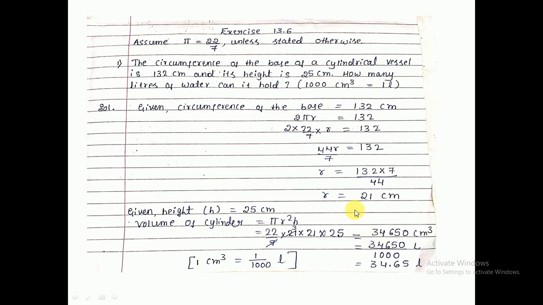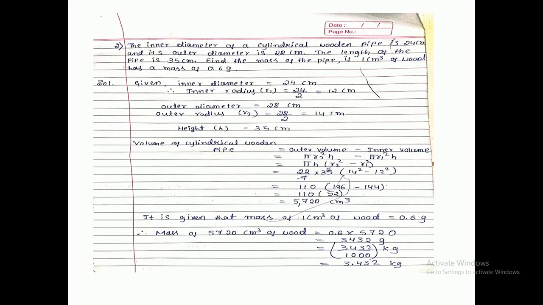But they have asked how many liters of water can it hold, and in the bracket one hint is there: 1000 centimeter cube is equal to 1 liter. So 34,650 centimeter cube, we have to convert it into liter. So divided by 1000, that is 34.65 liter. Got the idea of this problem? Now second question: the inner diameter of a cylindrical wooden pipe is 24 centimeter and its outer diameter is